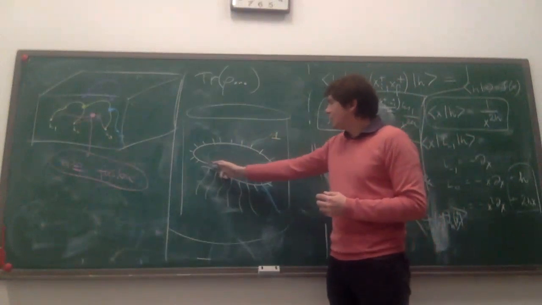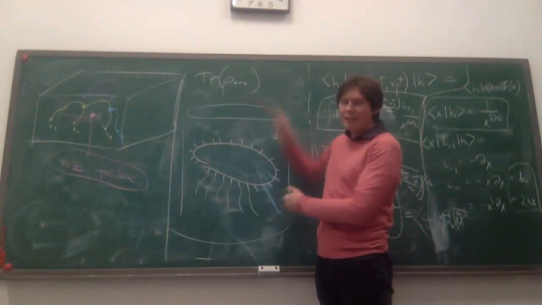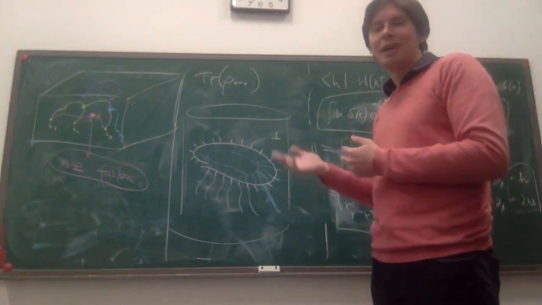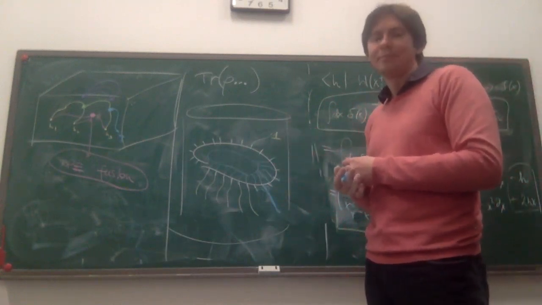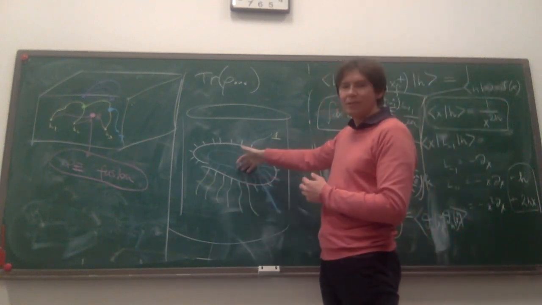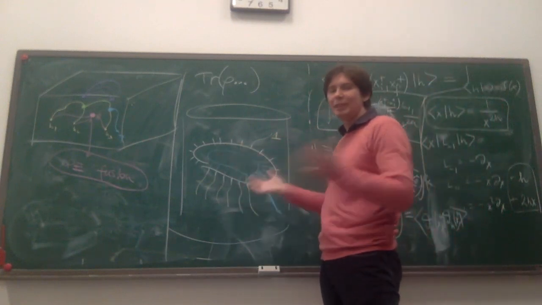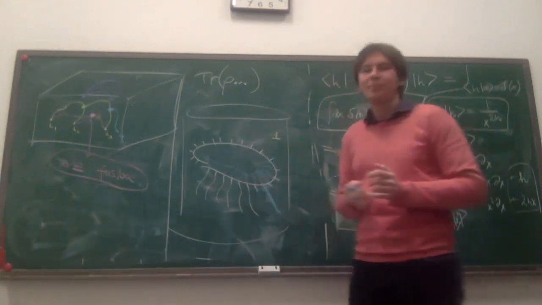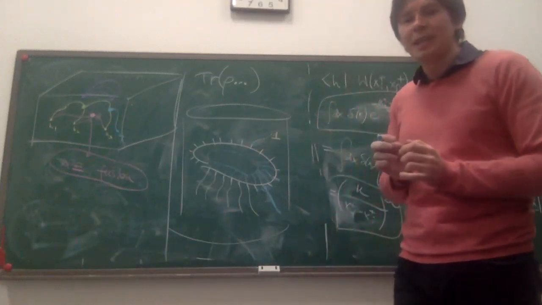So the location of the network in the bulk of my AdS cylinder tells me what cutoff I am using in the definition of the state. I drew it here, that means I'm working at this cutoff. If I go to another location, that means that I have changed my cutoff and gone to some coarser scale. Any questions or comments about that?